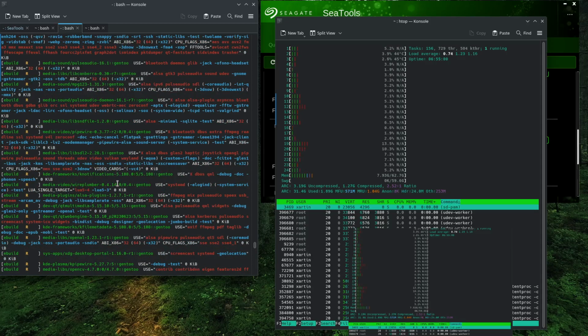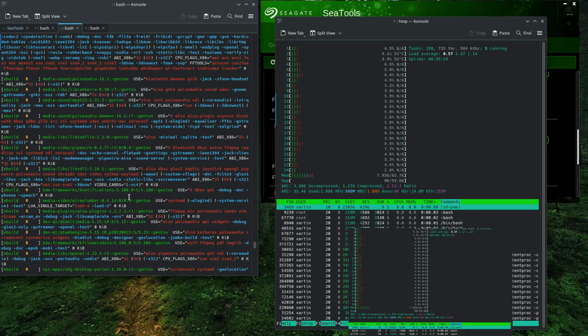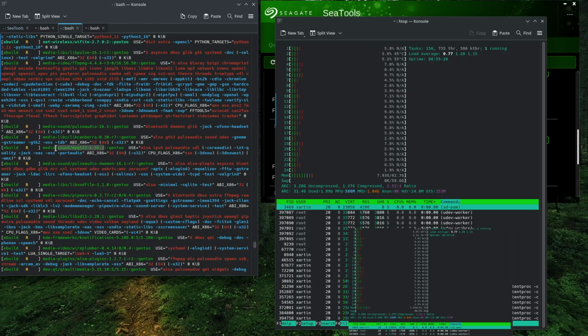This thing also installs WirePlumber and PipeWire support, but I don't use it. I try Qt Multimedia with Pulse Audio. Works really good,